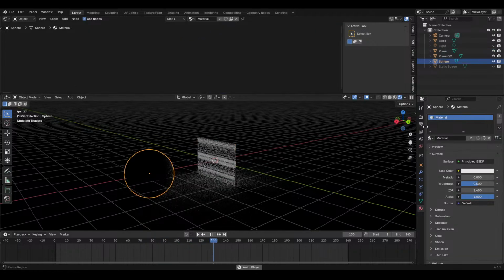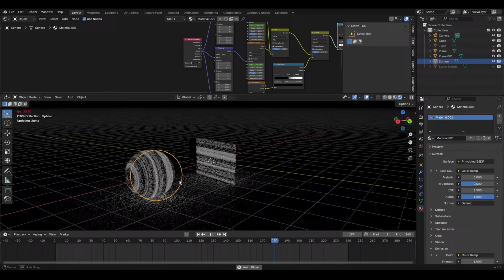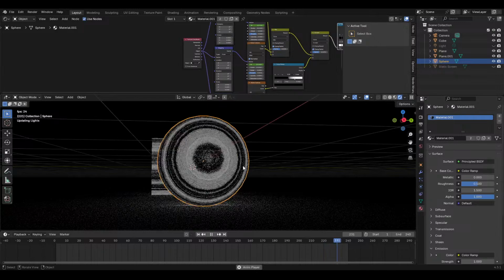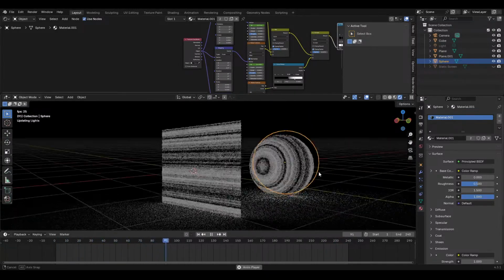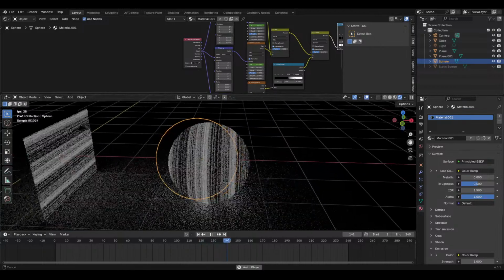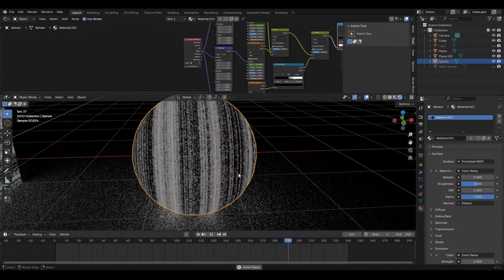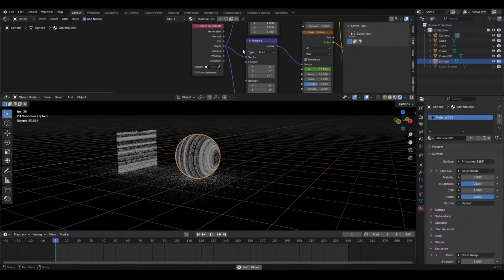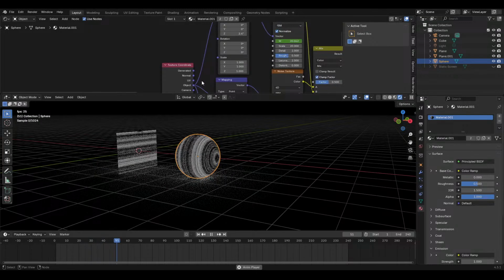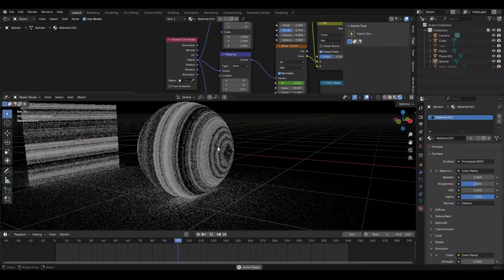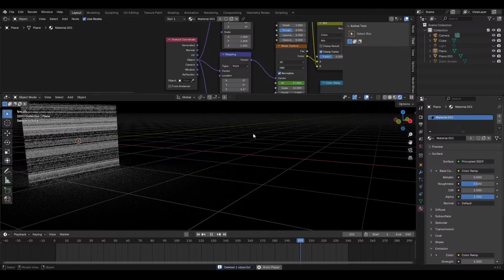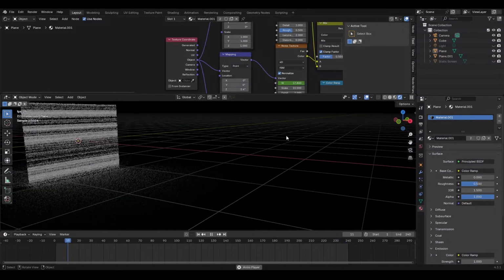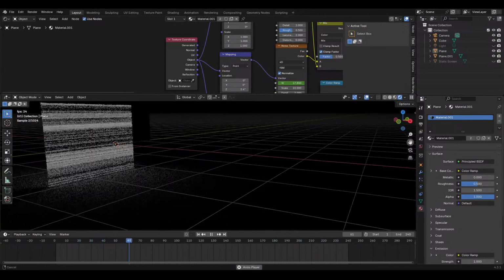Let's see which material. Material 1. Oh, that looks weird. Alright, so you can hypnotize people. That's pretty cool. Okay, so you would have to rotate it a little bit on a sphere. Maybe go with the UVs or something else. But you could wrap it around a curved screen, you could wrap it on a flat screen, put it wherever. It could be used as an overlay, which